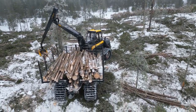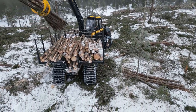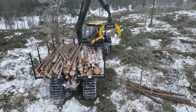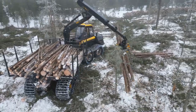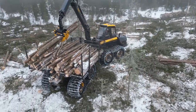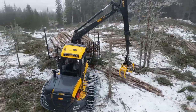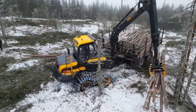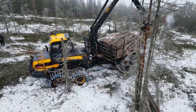In the PONSSE Mammoth Forwarder, operator ergonomics has been addressed every step of the way. The new forwarder offers the highest productivity when driving distances are long. Less driving is required because more stems can be transported each time. One of the most prominent new features is the PONSSE Active Seat, developed according to forest machine operators' requests. The new active seat improves usability, as it turns and follows the work environment according to crane movements, increasing the